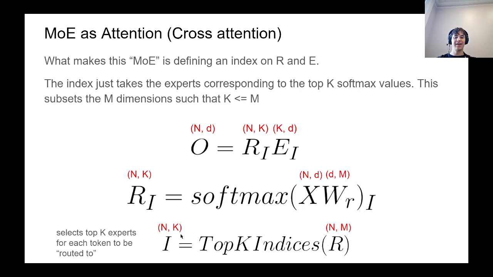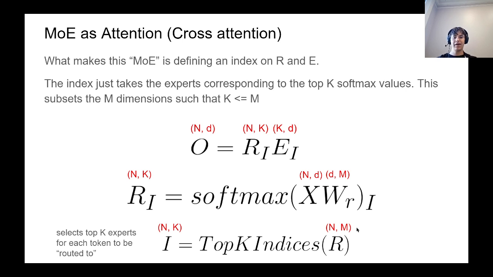So we take our router projection, and we take the top K indices along the rows, and if we treat M as the number of experts, we are basically indexing the experts for every token. So we have a token, the token is projected from D dimensions to M dimensions, where M represents the number of experts. We take the softmax over that. We then say, what are the top K weights? And we take the indices of that here. So this here is our index for the top K weights in our router, which basically says I have M experts. These are the top K to send